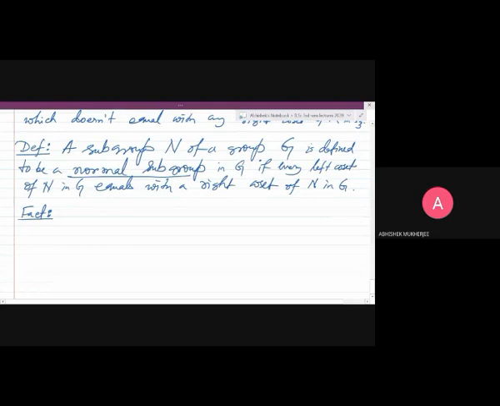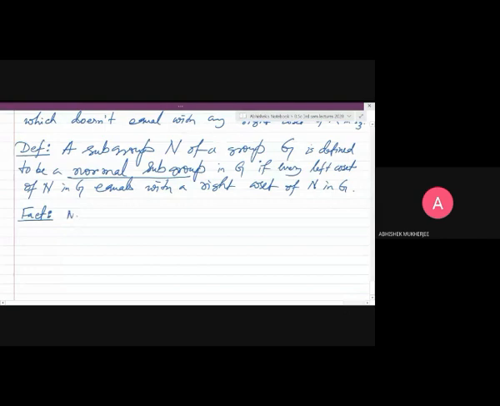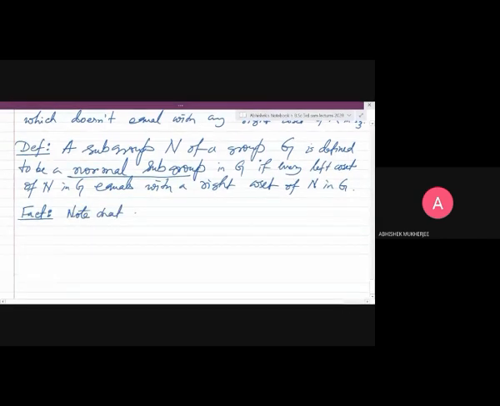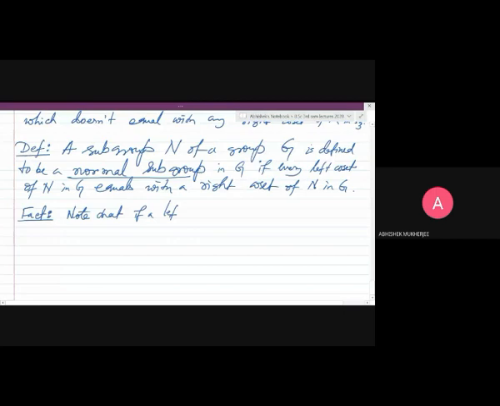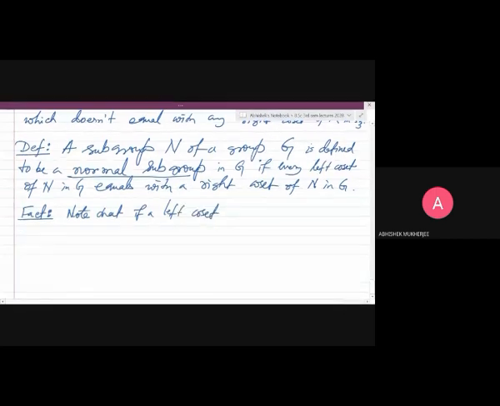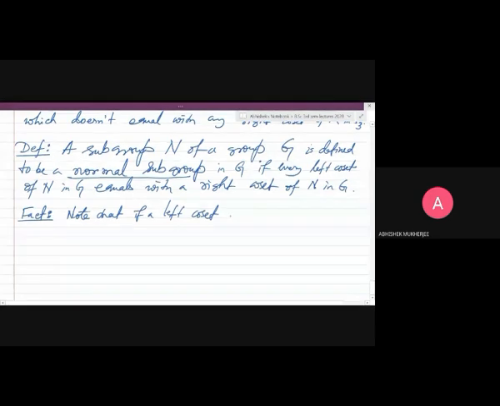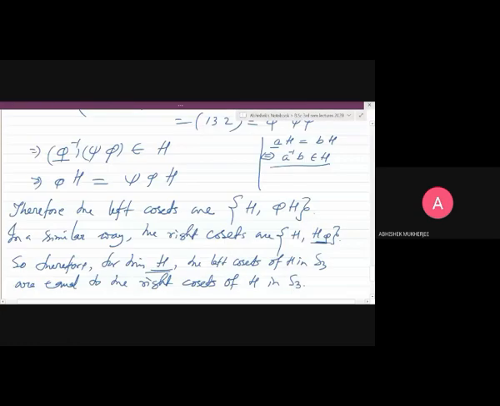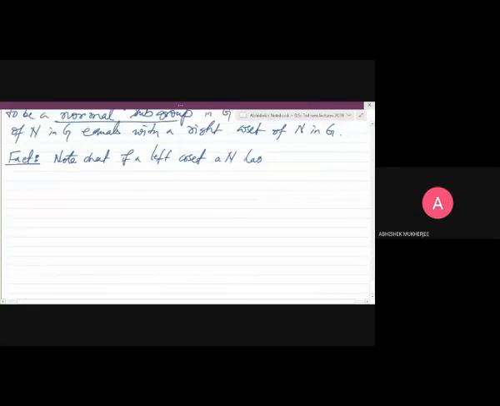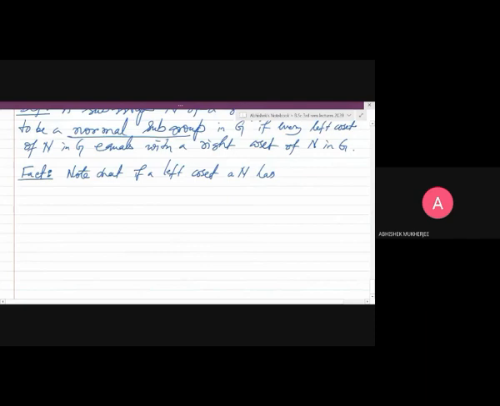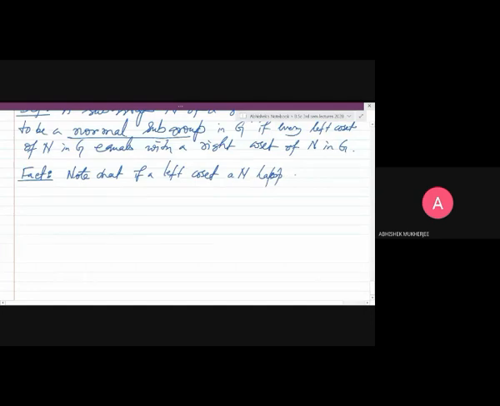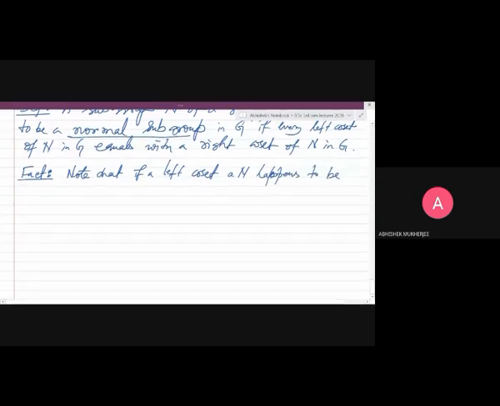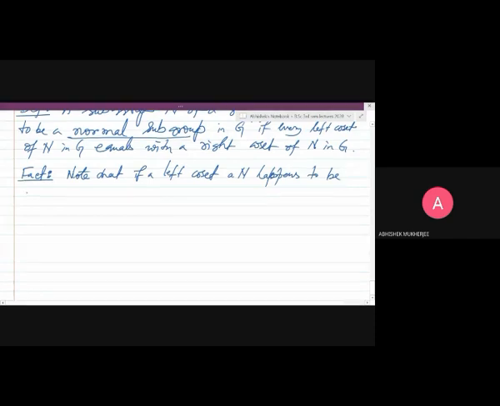So the fact is that, note that if a left coset, suppose N, if it happens to be a right coset,